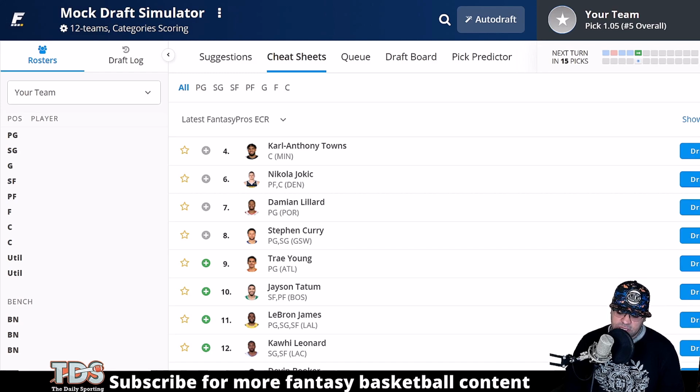Just because there are 9 categories doesn't mean you have to play for all of the 9 categories. I think things really depend on what you get early, and how you want to try to get players later on. What I mean by that is this: let's just say you get a big man early, and then you want to take some guards later on, and then you're reaching for another big man, and next thing you know, you're not really great in assists, you're not really great at rebounds, you don't have the most points guys, because a couple of the guys you got early did assists and rebounds, and you're kind of middle of the pack,